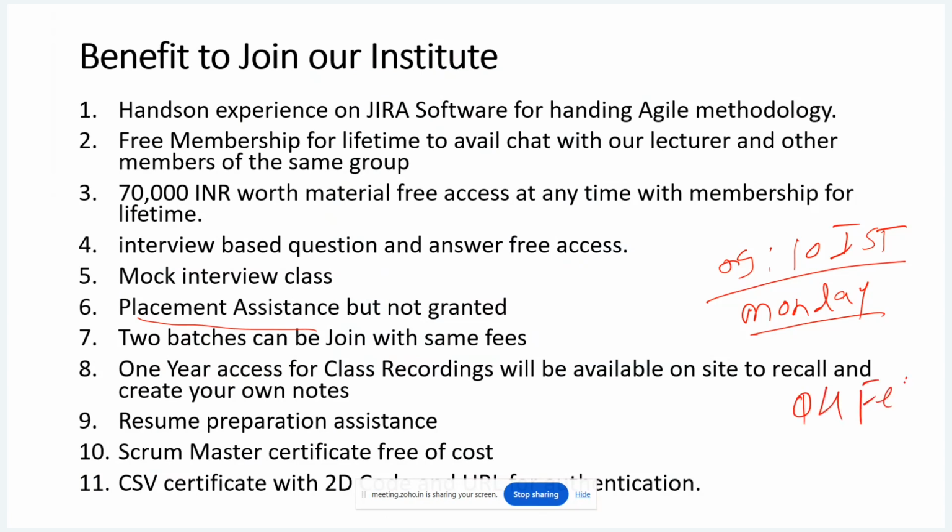A weekend option is also available. For more details, you can contact the provided number, where you can see all the details. I'm typing it again.